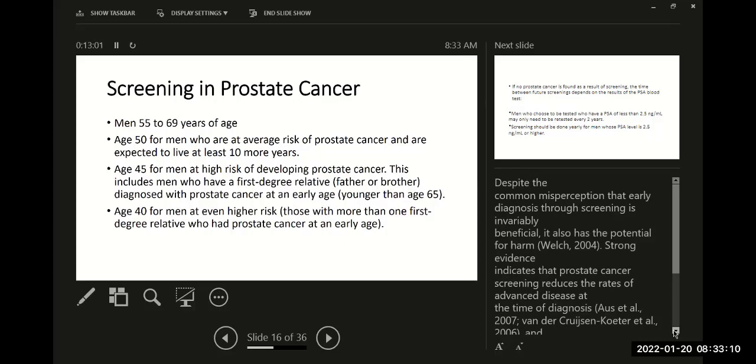Those with strong family history of prostate cancer should be screened. People who are at high risk, especially when there are families with positive history, first degree relatives, and other factors, such as if someone in their family died before 55 years of age. Life expectancy is expected to be more than 10 years. Somewhere it is 50 years, somewhere it is 10 years. With a healthy lifestyle, it should have